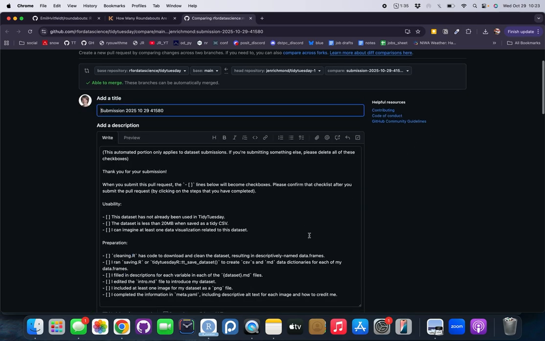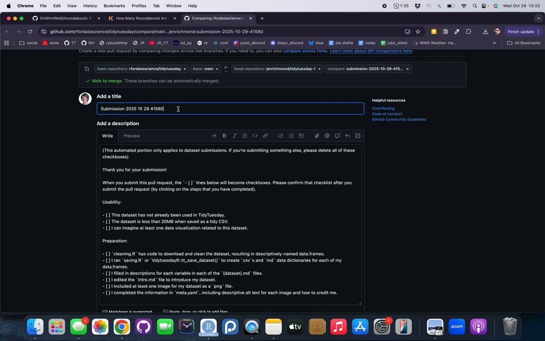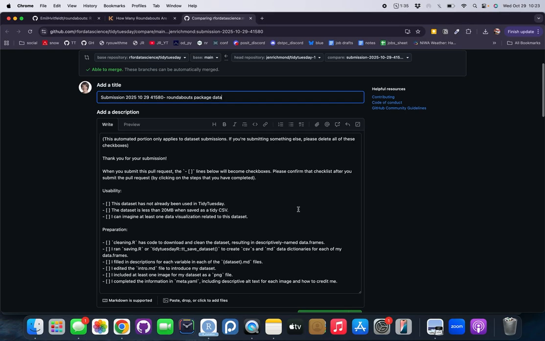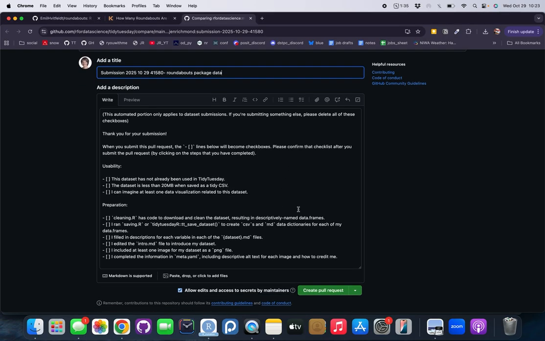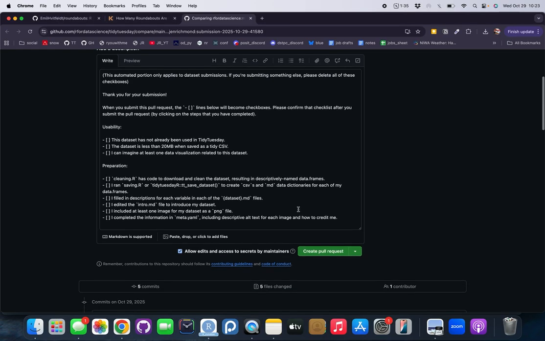And you don't need to do any of this. I might just put a little note about what the data is. You can create the pull request,